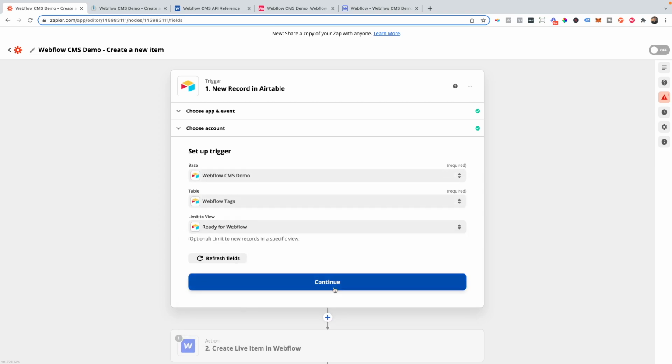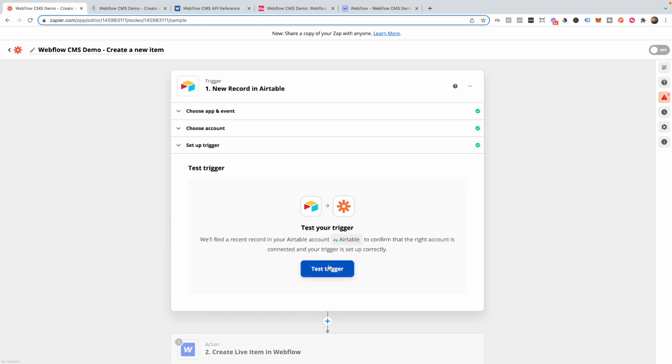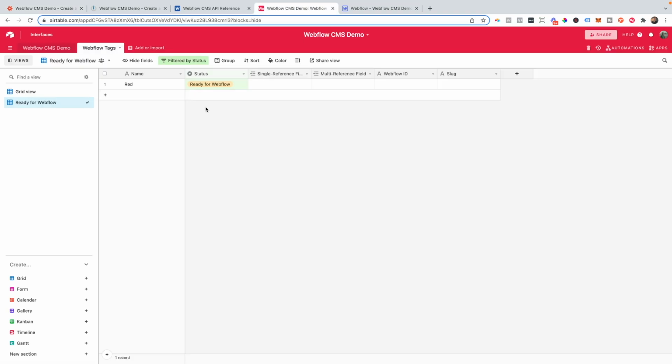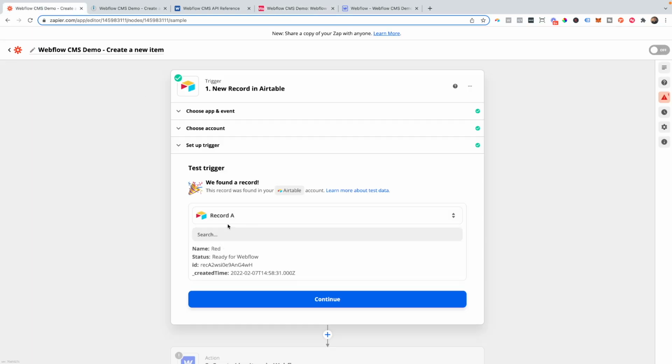So we're going to simply click into that, and as soon as we click into that, we can now test our trigger, and it's now going to go and see what records sit inside of this table. And we can see here now that the record that currently sits in our view right here, the red record, has now been retrieved by Zapier,